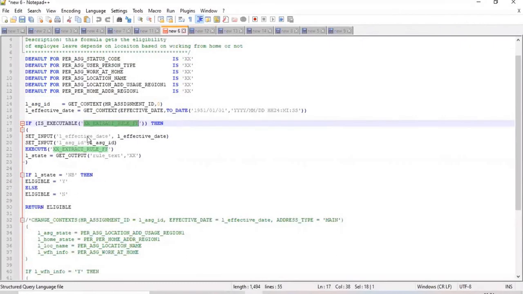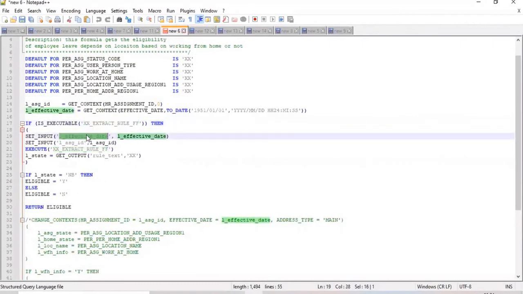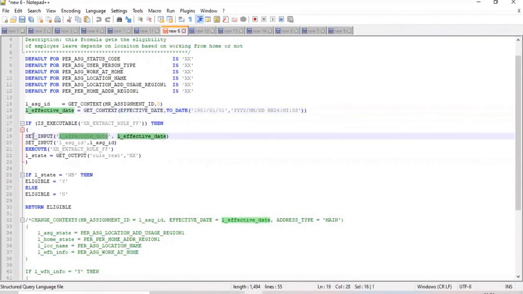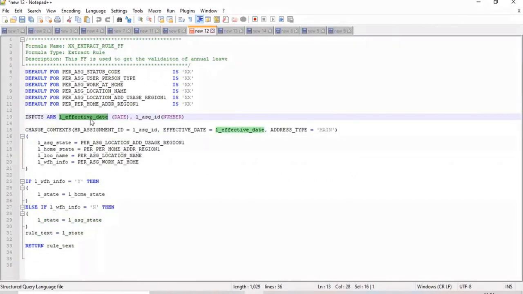Because I am sending that value as input. Effective date I am setting as the system date. Whatever effective date I have, the current system date, I am passing into this variable, and this variable I am sending as input. So it's the input value for this formula. It's not a local variable here.